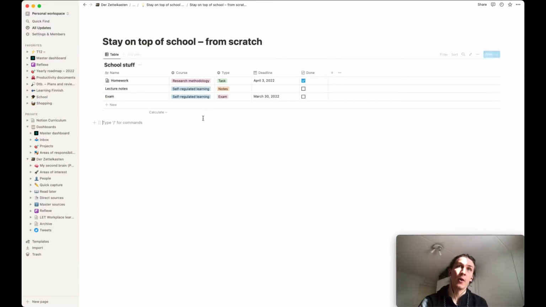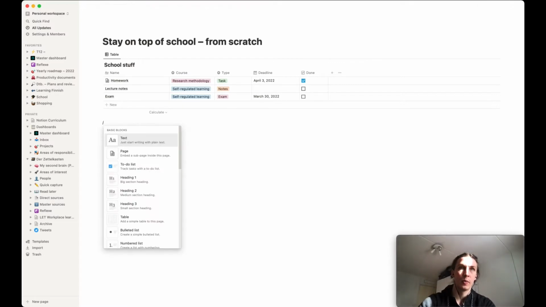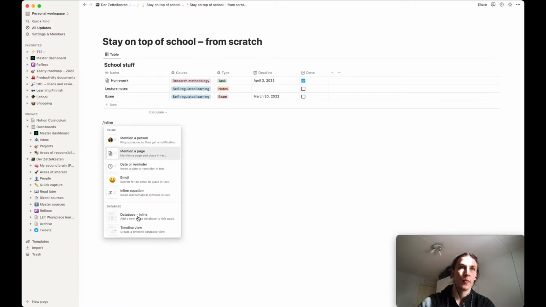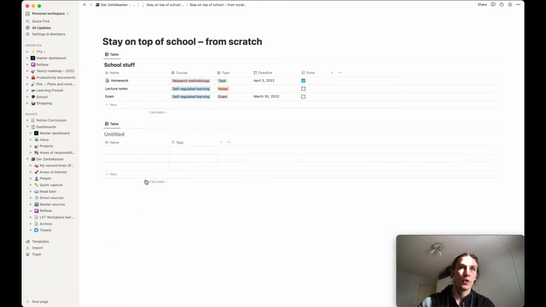So let's look at how we would go about doing that. First, let's rename this database, or you know what, let's leave this here and let's create a new database. First we will create a database with these courses. And so first would be research methodology, the other one would be self-regulated learning,